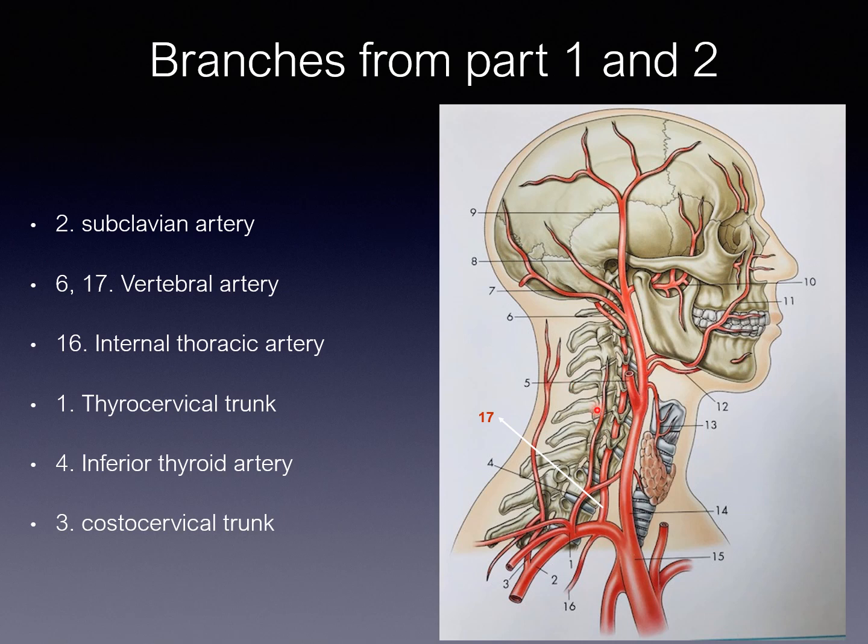So look at this. This is a lovely picture. You can see all the branches here. Number 1. Look at this. This is a branch, first branch. Can you see this? This is a subclavian artery. You can see here. This is part 1. The part 1 first branch enters into the foramen transversarium of the 6th vertebra, 5th vertebra, 4th, 3rd, 2, 1. Like that it goes.